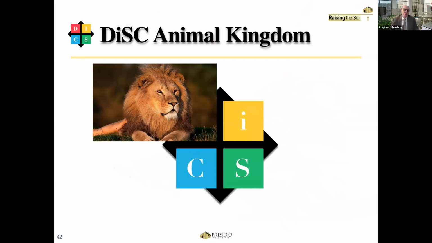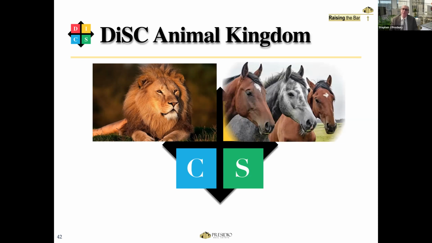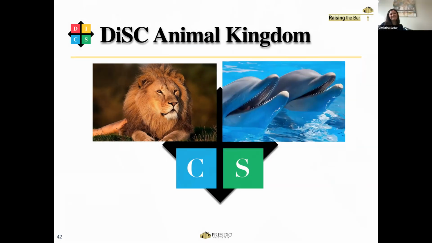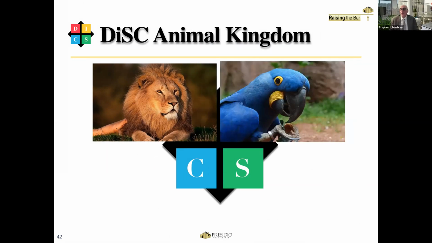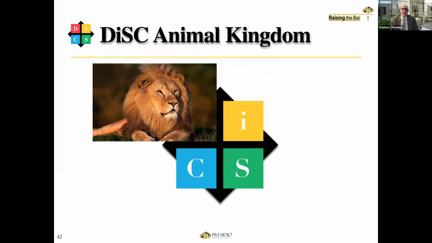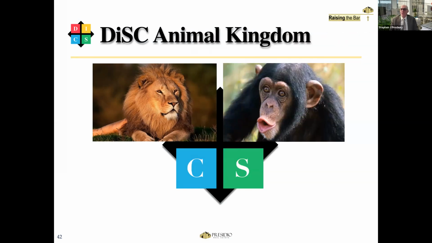Christina, what about the eyes? What do you think we would look at for animals that might represent the eyes? I would say a monkey or a dolphin. Okay, let's see how we look. What about horses? You can probably see how that would probably work. There's your dolphin. Good job. And the parrot comes up. And you're absolutely right. There's the chimpanzee. He gets the number one position there.